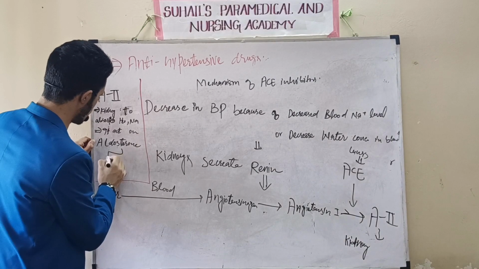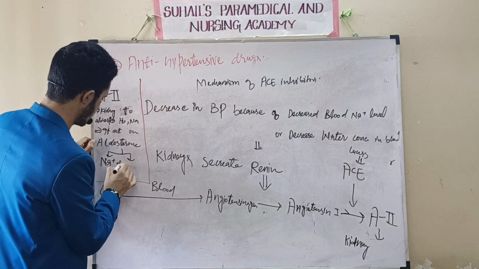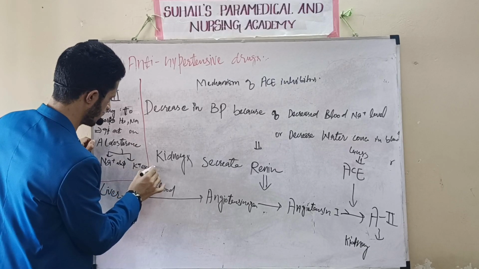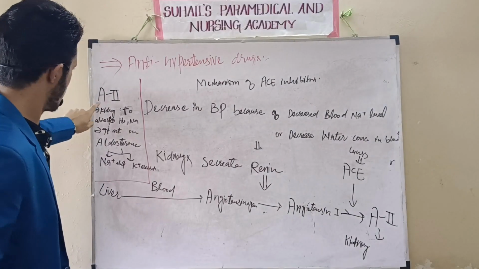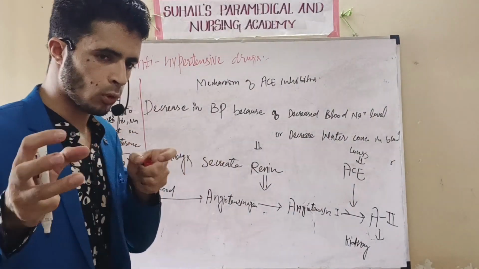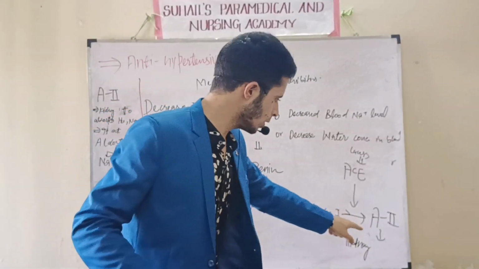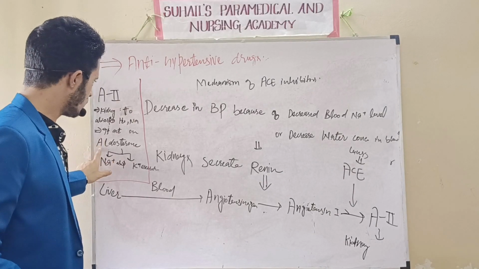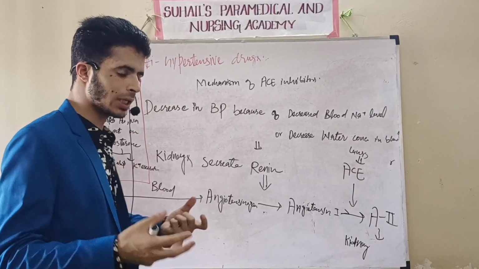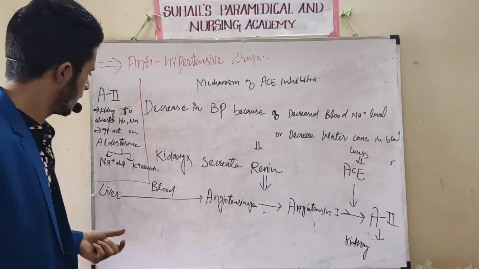The role of aldosterone is twofold. Aldosterone will do sodium absorption, but potassium excretion. Angiotensin II will act on the kidney to reabsorb more and more water and sodium, and also it will act on the adrenal gland to produce aldosterone. The aldosterone has a role in the absorption of more and more sodium and excretion of potassium, and it also